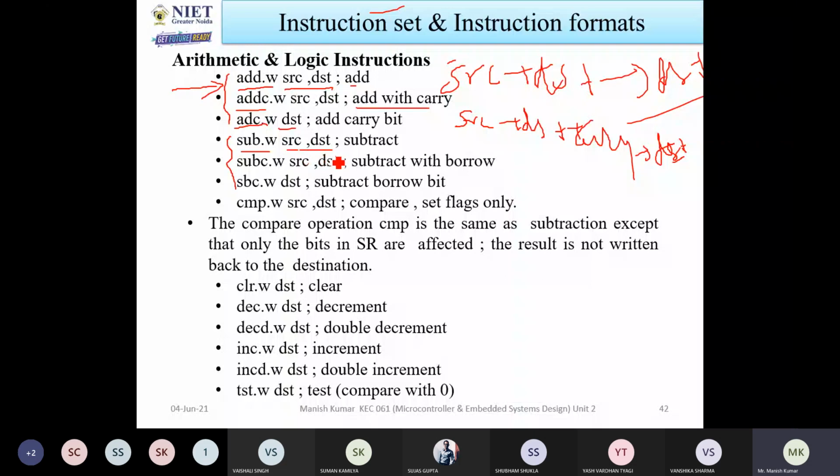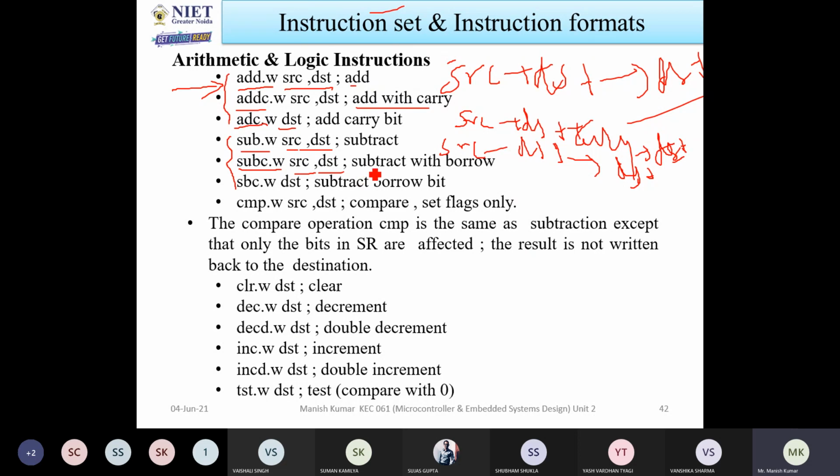It means that it will subtract. Okay, so destination minus source, and it will be stored in the DST register. So DST is always the destination register. Here we can put any value, from R0 to R5 to R15. Okay, for the general purpose registers we are using, we can use a source register and a destination register. Now when we are talking about subc.w source destination,